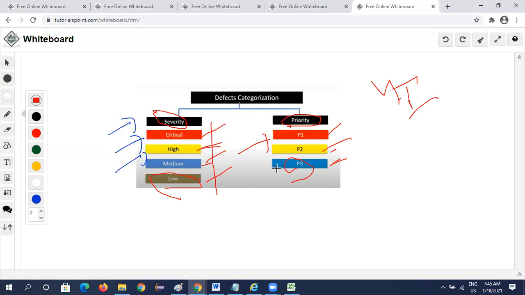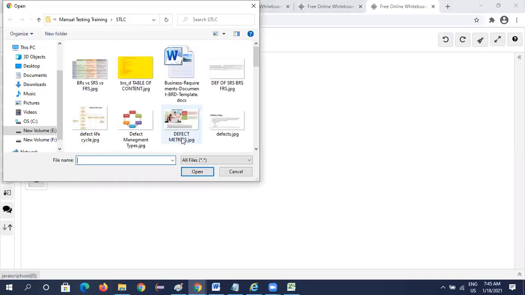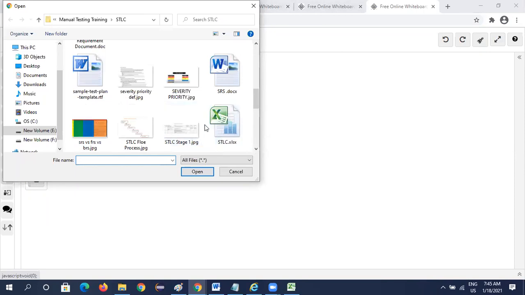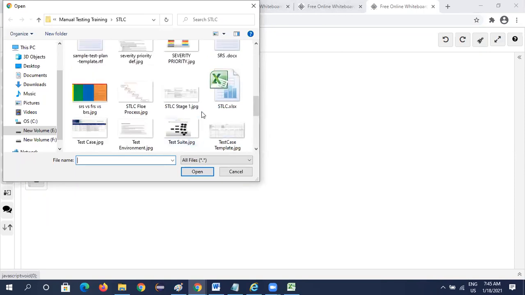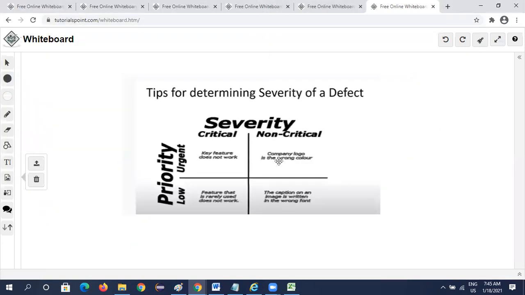So how do we understand the severity or priority? Like how do we understand, by seeing the issue, whether it is a high severity or high priority? For that, see here, for example, we got a bug.